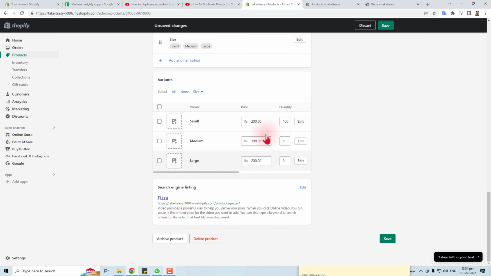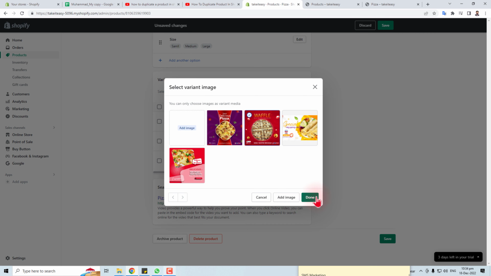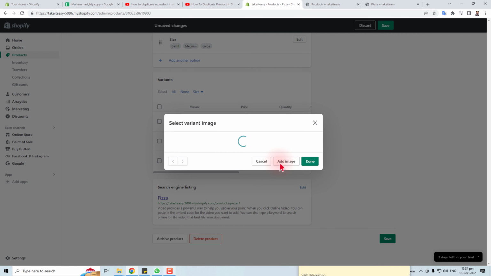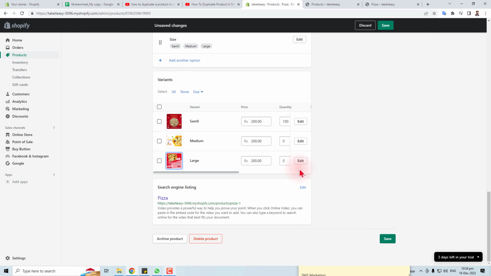You can edit these variants, like I'm gonna select some pictures for this. If you don't have pictures here, you can add the image from here. I'm going to put some random pictures here. You can put the prices of each variant, quantity and everything you want, and after the editing you have to